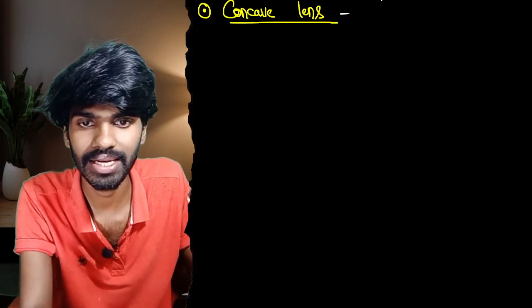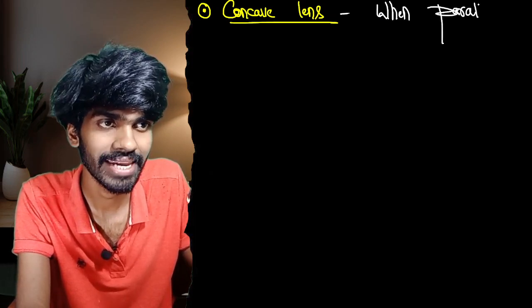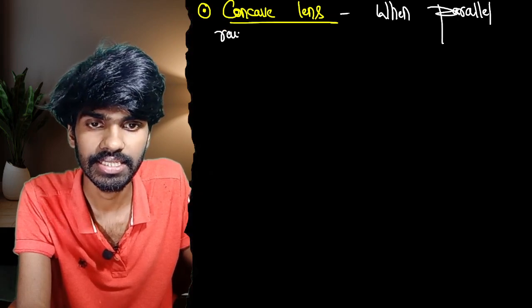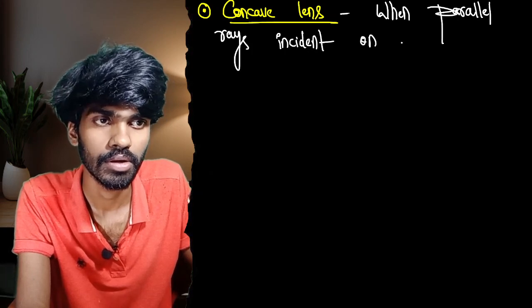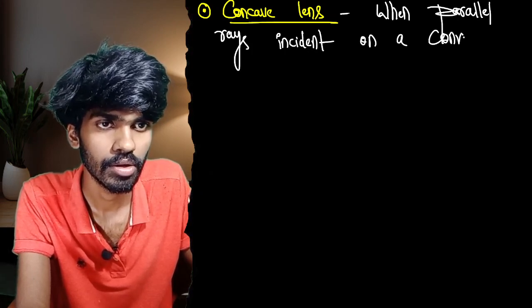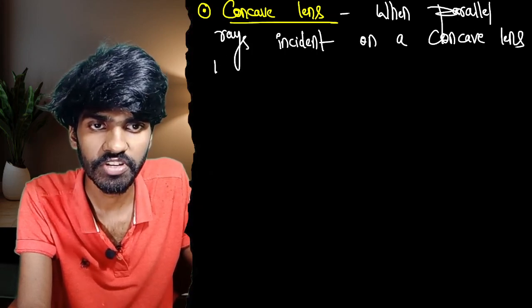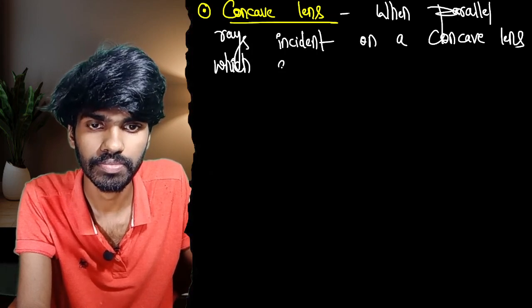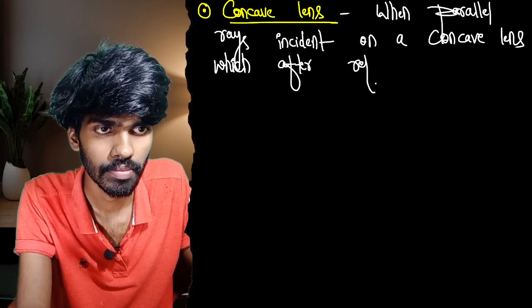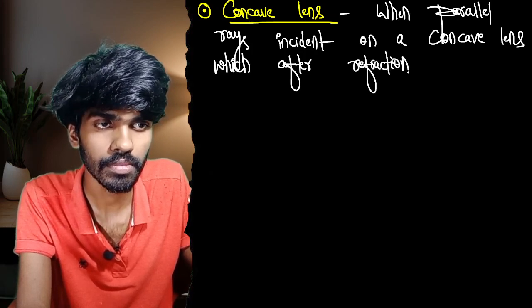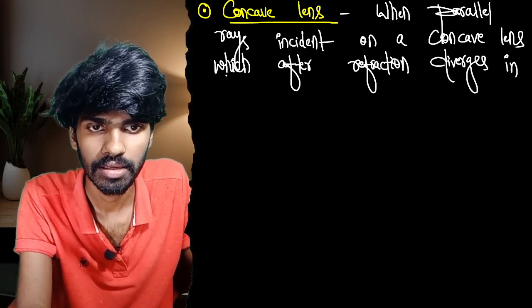About the concave lens you can write: when parallel rays incident on a concave lens, which after refraction diverges in such a way